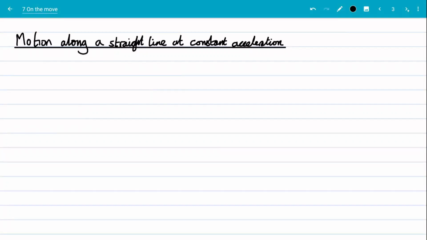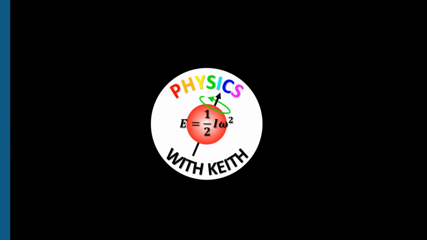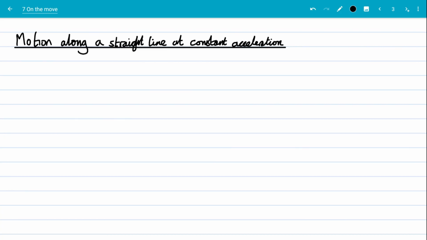This is lesson 40 of our A-level physics no-nonsense lessons, and this one has the catchy title, Motion Along a Straight Line at Constant Acceleration. Usually we would call these the SUVAT equations. The majority of this lesson is going to be about deriving these equations of motion for a body which has constant acceleration. And we've already got two of those, but before we get into it, let's remind ourselves